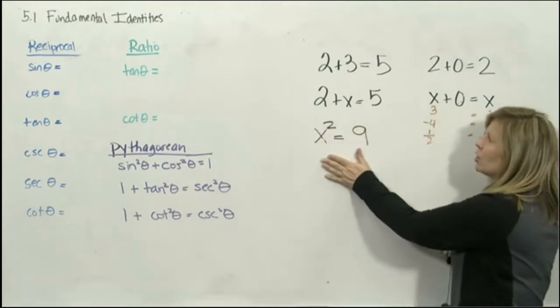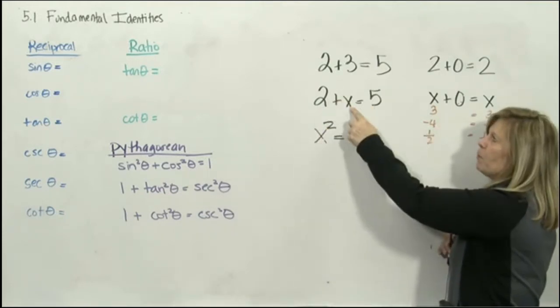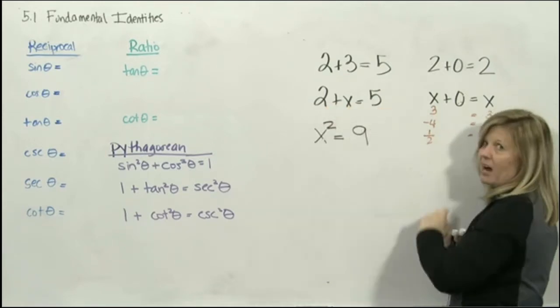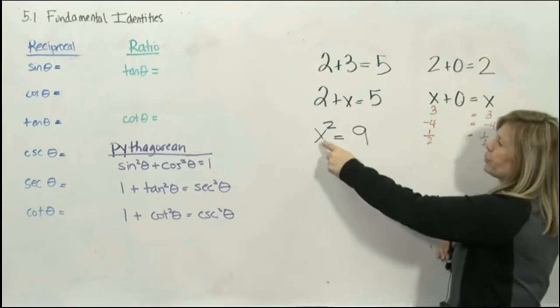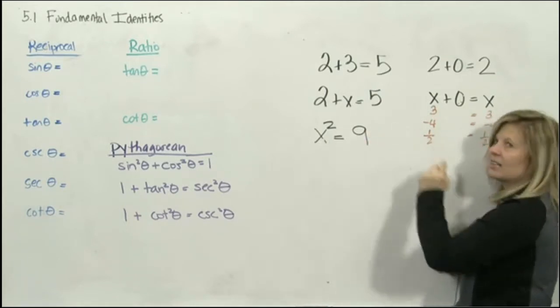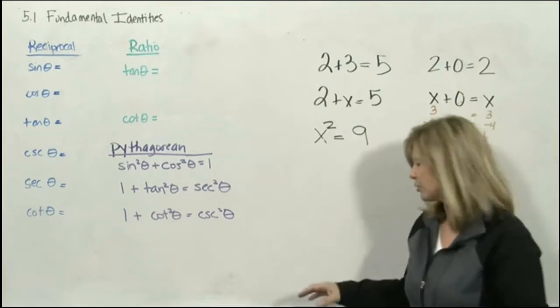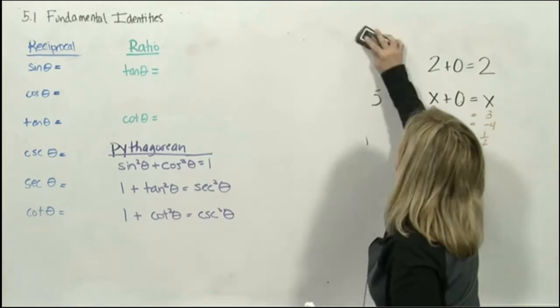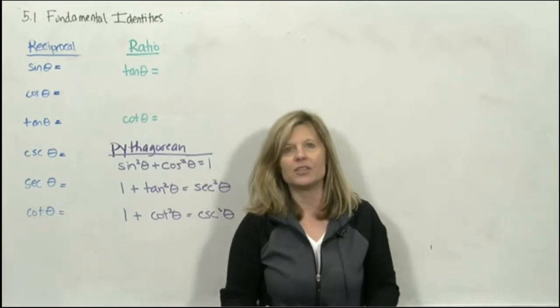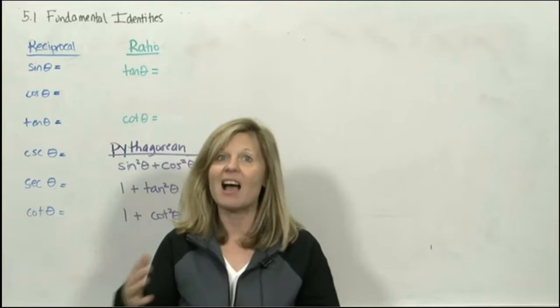Whereas an equation, you can't pick any number. If you put 4 here, would this balance? No, because 2 plus 4 would not be 5. If I put 1/2 here, would it balance? No, because a half squared is not 9. So that's the difference. Now, there are 11 trig identities that we're going to use in Chapter 5 and Chapter